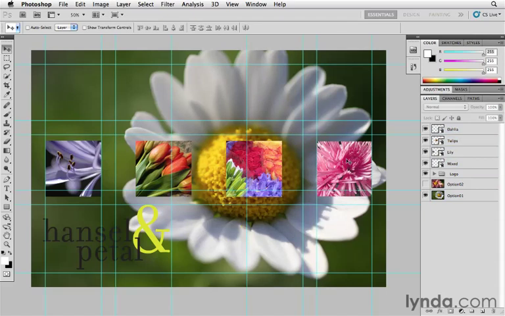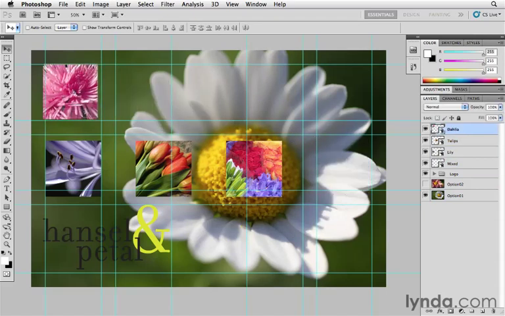To do that, I'm going to first Command click or Control click on the dahlia layer to target it. I'm going to go ahead and move that into position, make it snap to those guides there. Looks like it's a little bit off. It's not exactly the size I need it to be, but because this had been converted to a smart object, you can see the thumbnail icon in the layers panel has a little special badge letting me know that it's